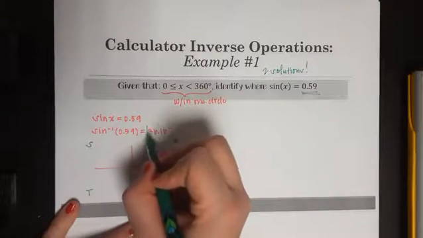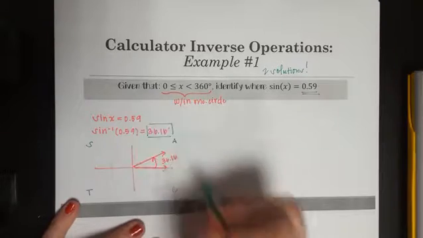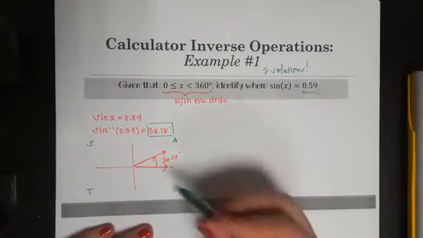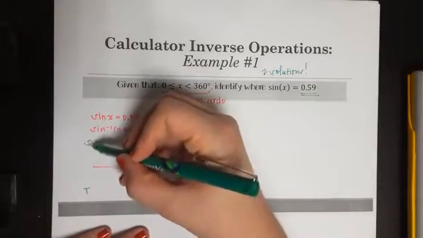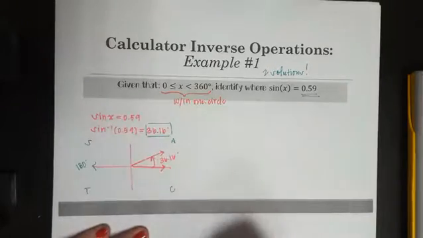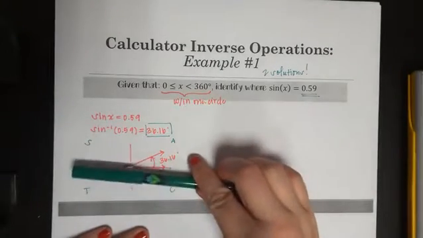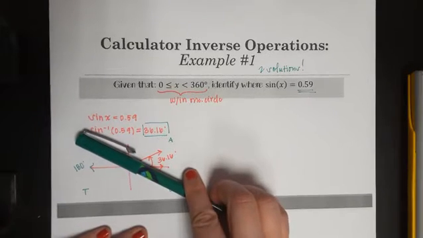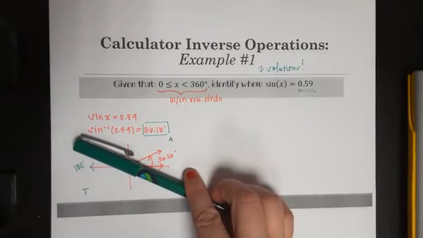So to find the second angle whose sine value will be 0.59, what I need to do is work with reference angles. Over here, my sine is positive. This value right here is 180 degrees. So that means if I subtract 36.16 from 180, I'm going to end up with another value